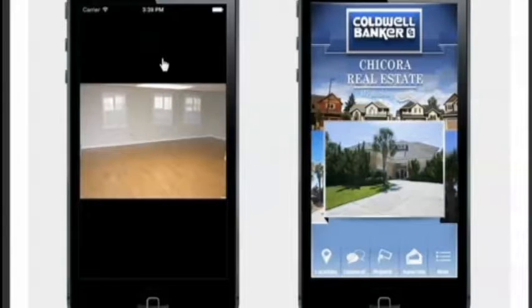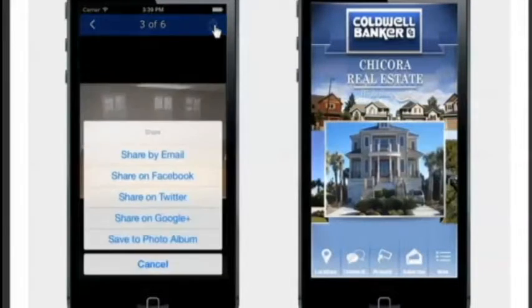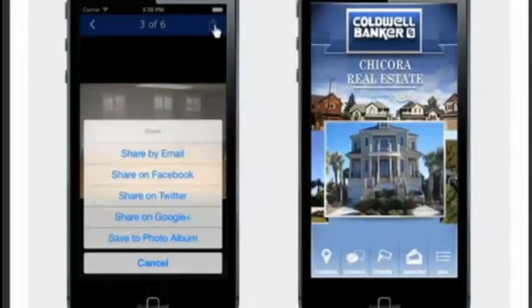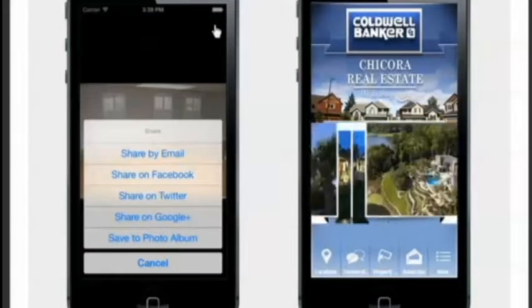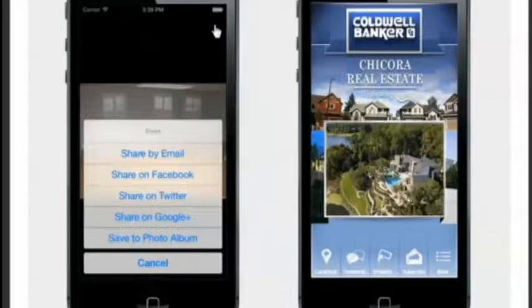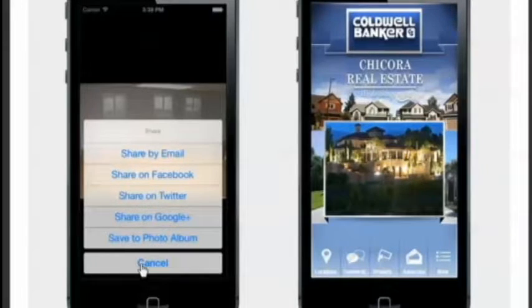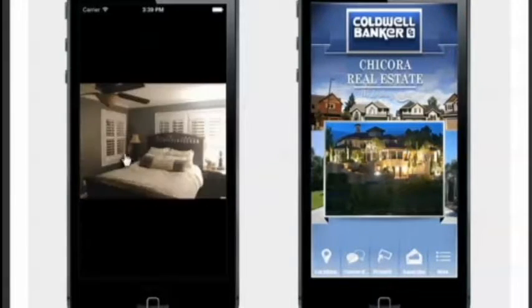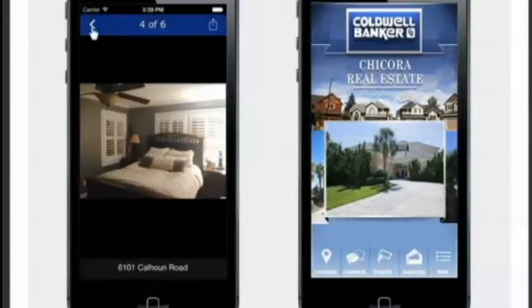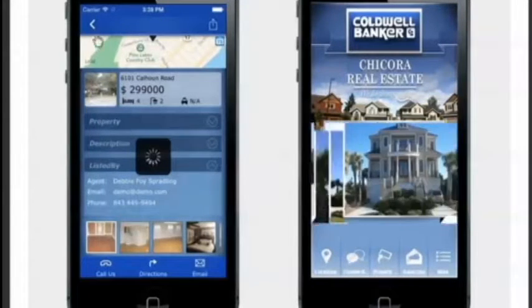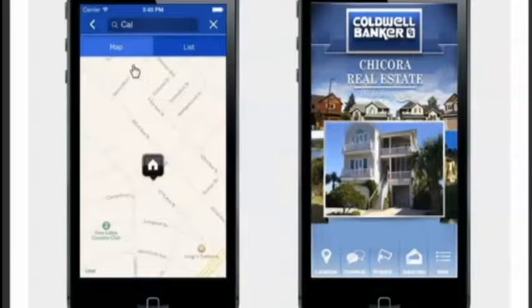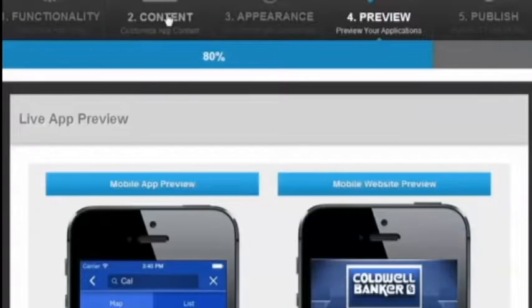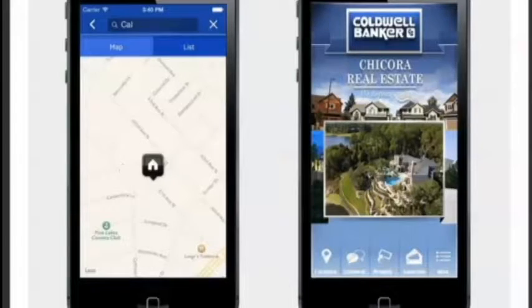So also if this person wants to share, another big upgrade that we made with this new release is we've allowed you to share essentially any part of the mobile application through multiple different networks. So that's definitely a huge selling point. But going back to how this works within step 2,